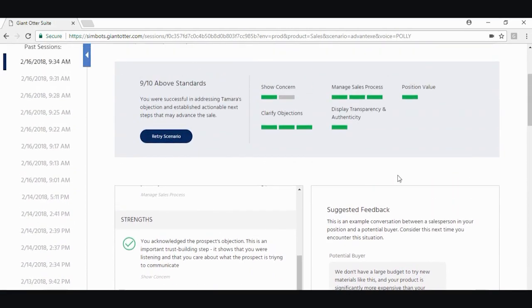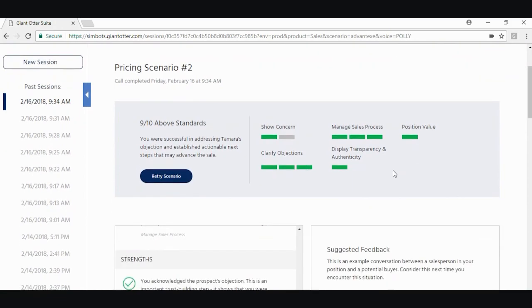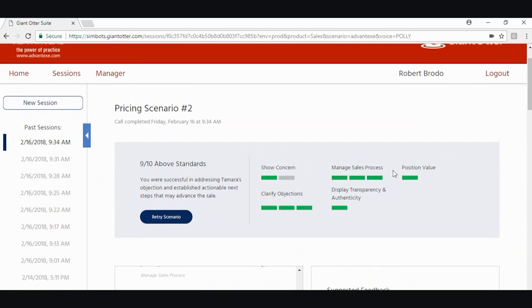And so in essence, the participant is going to learn by doing, by receiving this interesting feedback. As I mentioned earlier, the participant can go over and over and continue to fine-tune their competencies and have the conversation in many different ways. And the SimBot is actually going to learn and adapt to the different styles.